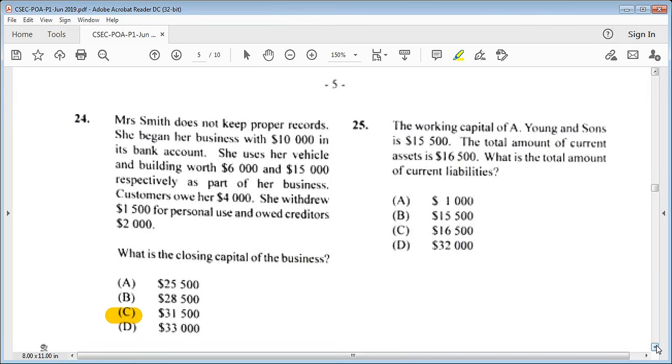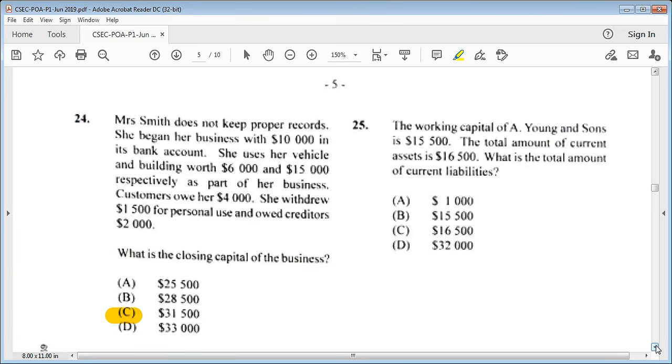Let's move on to 25. The working capital of A. Young and Sons is $15,500. The total amount of current assets is $16,500. What is the total amount of current liabilities? A, $1,000. B, $15,500. C, $16,500. D,